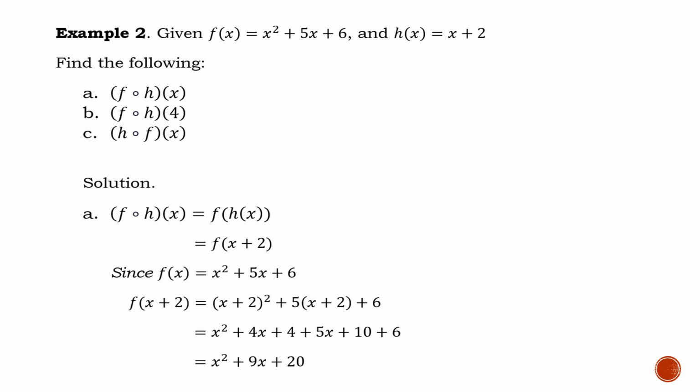So for example number 2, under composition of functions, there's a given f of x, which is x squared plus 5x plus 6, and h of x, which is equal to x plus 2. So we're asked to find f composite h of x, f composite h of 4, then h composite f of x. So there are three unknown functions here, so we just simply apply the concept of composition of functions. For letter A,